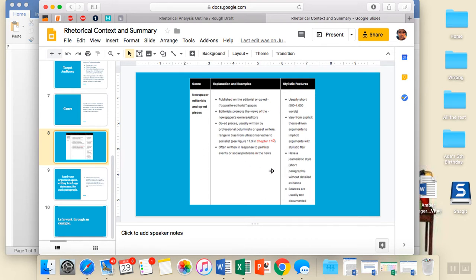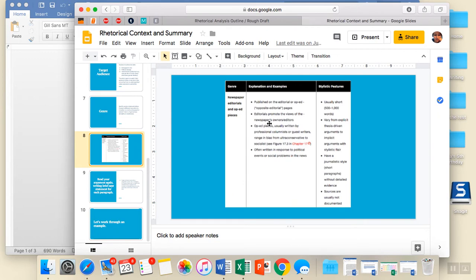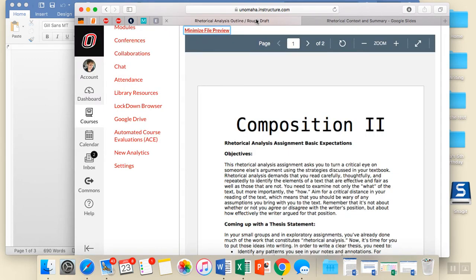Does it break its genre at all? Does it bend the rules here? Or does it really follow these rules pretty tightly? So these are just some concepts I want you to think about in terms of your article before we get into the says-does list. Okay, so now what I want to show you is the says-does list assignment